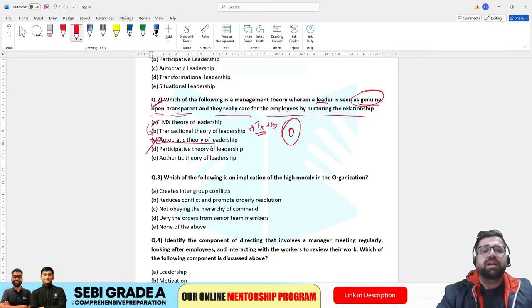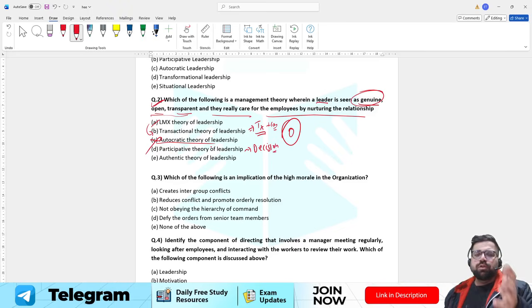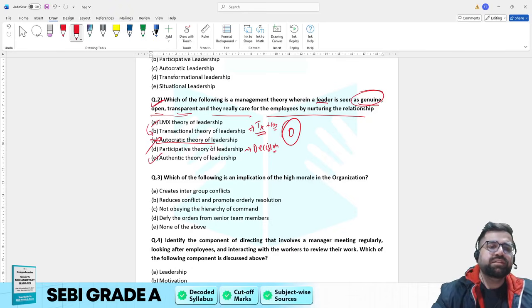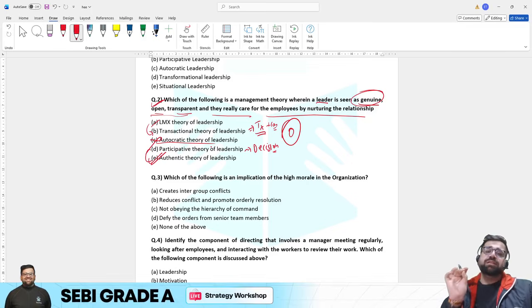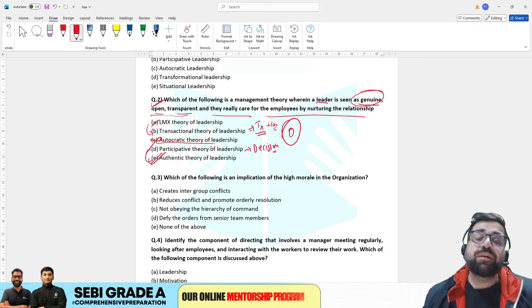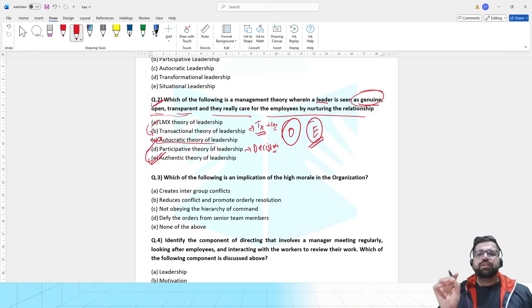Participative it can be, but for participative I think you have to look for decision making. In your participative decision making, which is democratic in nature, you look for a keyword that yes, the leader is inviting upward communication, the leader is taking the people into confidence before making the final decision. Therefore, according to me, the correct answer of this will be option number E. You can get confused between D and E, but for D, that is participative decision making, or participative theory of leadership, you need some more key terms. You need some more inputs. Therefore, I will go for option number E, and that is looking more correct, which is the authentic theory of leadership.